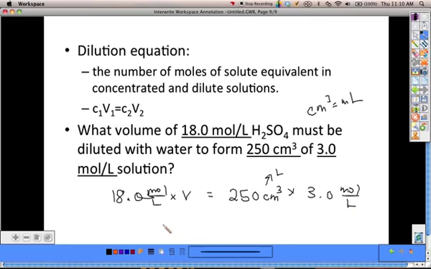So I would just rearrange this to solve for V after I've converted my volume of 250 centimeters cubed. I'm just going to leave it that way for now. Centimeters cubed times 3.0 moles over liters divided by 18.0 moles over liters. And that is all we have time for. To finish that one again, all you need to do is convert